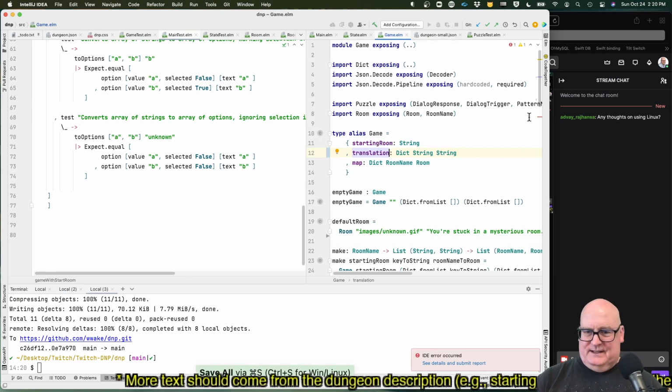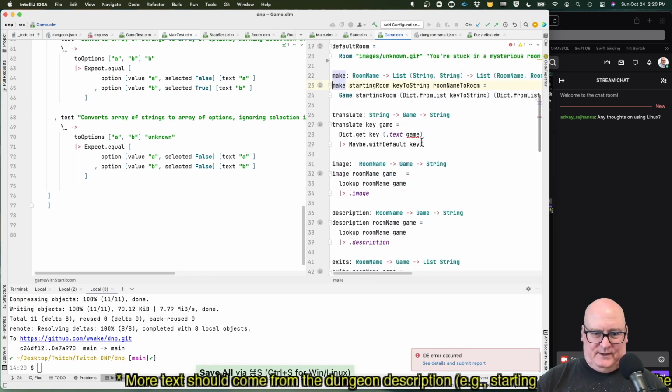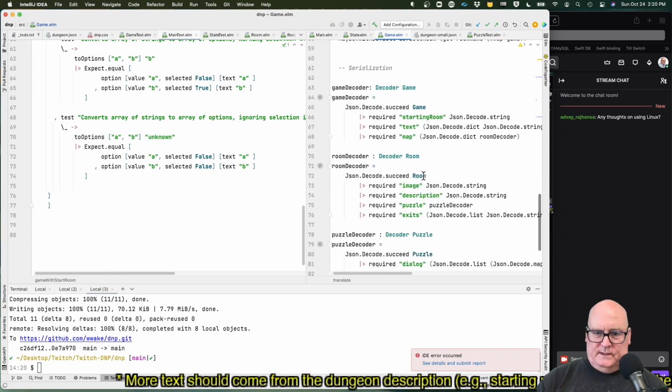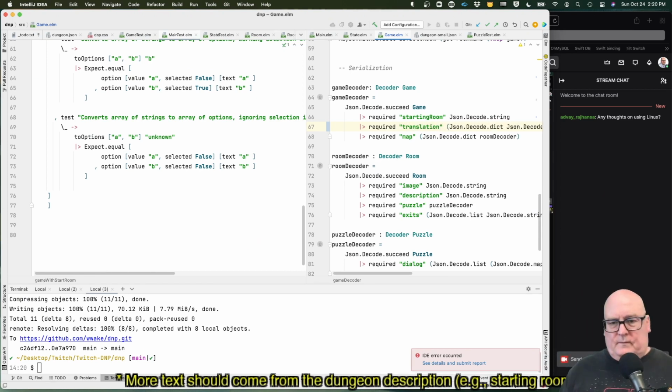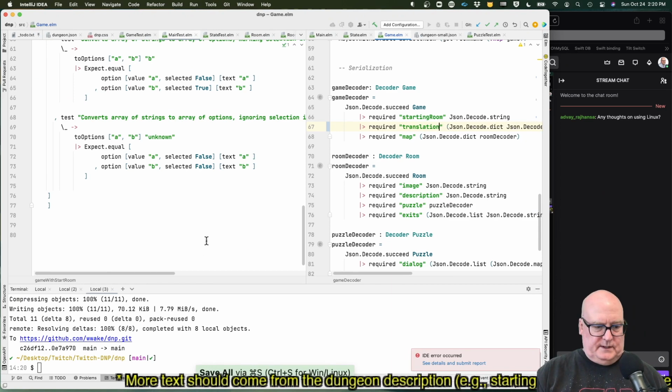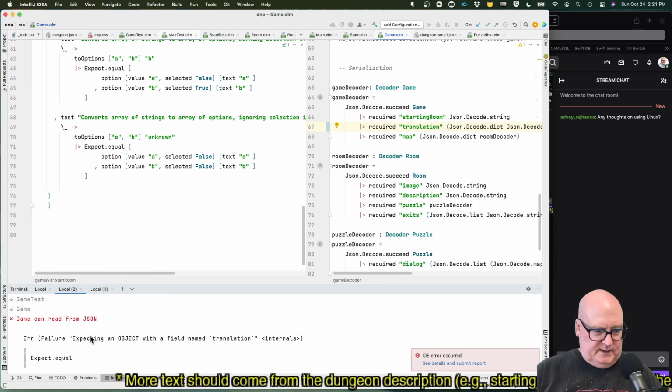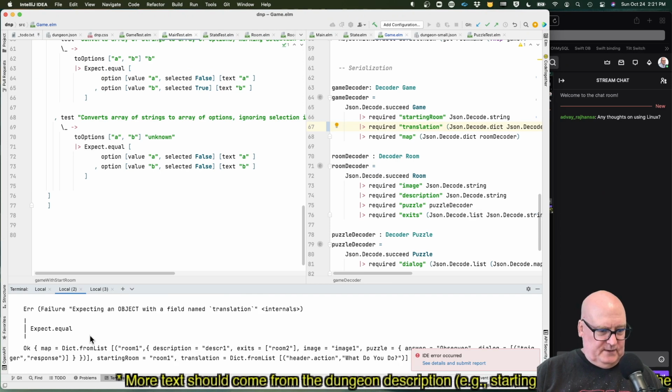All right, now who's going to break? Well, this should be translation. Somebody down here. Yeah, translation. Okay, the save should pass. So much for that. Field name translation.